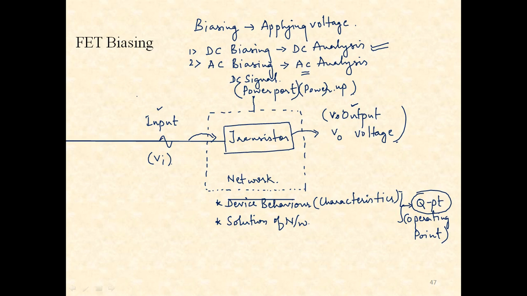Suppose the signal varies with respect to time, then we usually call it AC analysis. For the AC analysis, usually we consider the voltage applied at the power port and also the input as well as the output voltage. But for DC biasing, it is this shaded region which is the most important, along with the voltage applied at the power port. So students must understand this aspect.